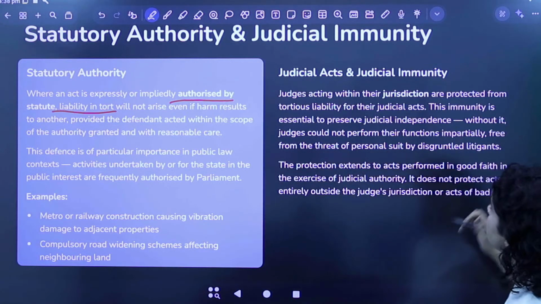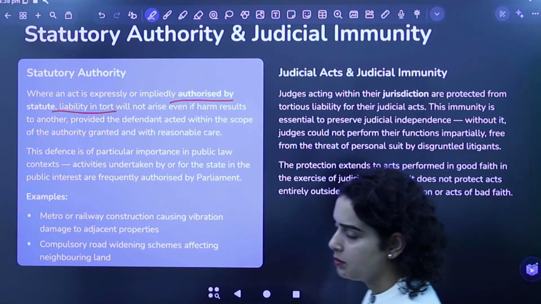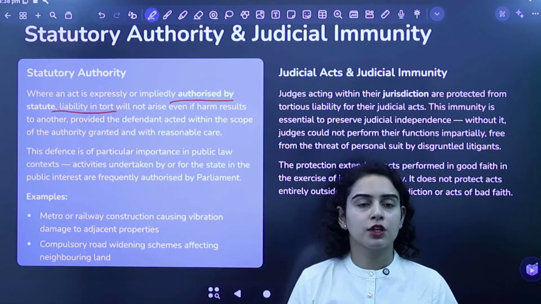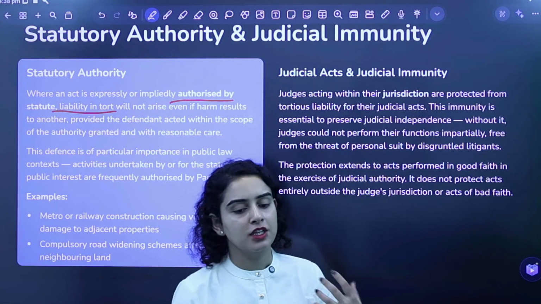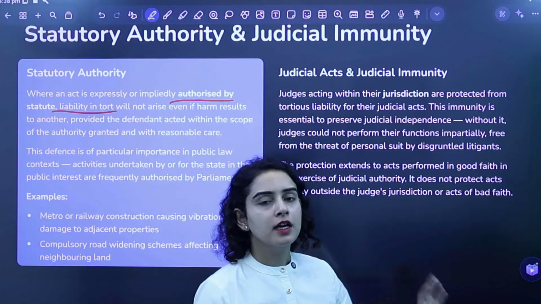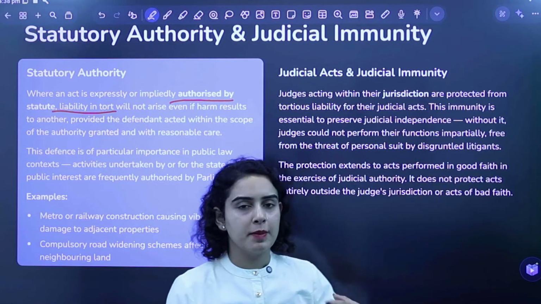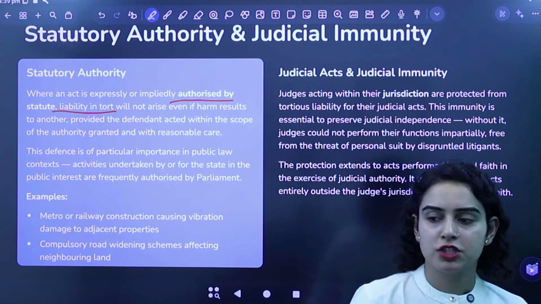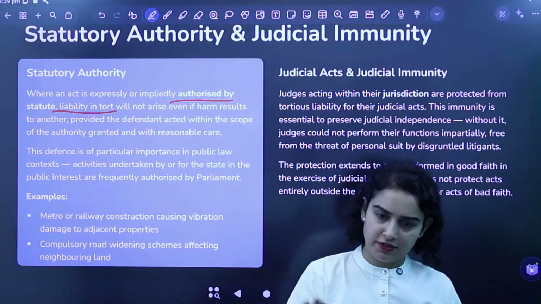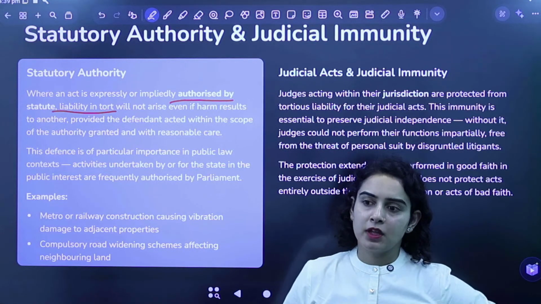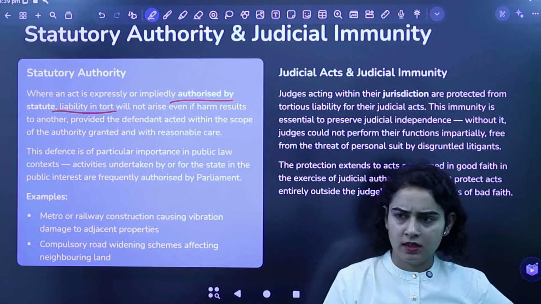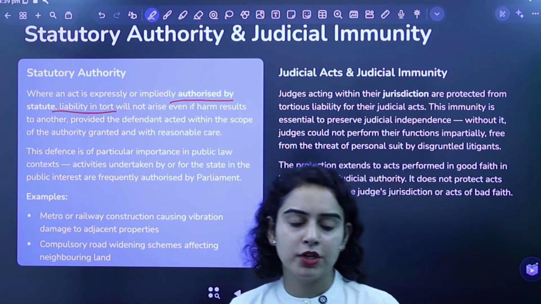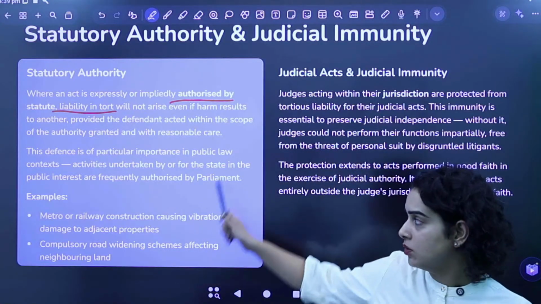And last is any judicial act or judicial immunity, which is available for the judges. So judges, while acting as a judge in the court of law, right? If they pronounce any judgment, if they do anything, it is protected under law of torts. You cannot say that the judge fined me this much, or the judge said this thing to me. That is not a defense that is applicable. So judicial acts and judicial immunity are also protected under law of torts, right?